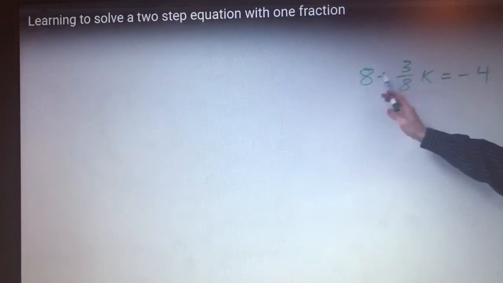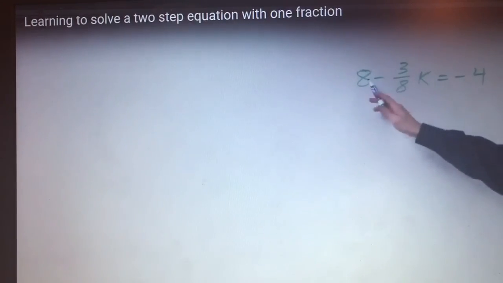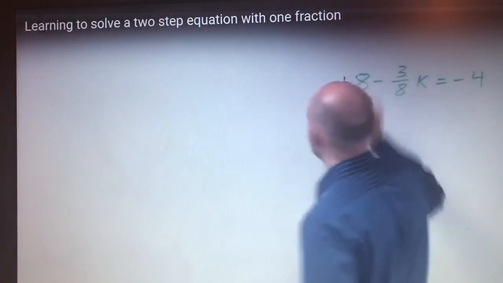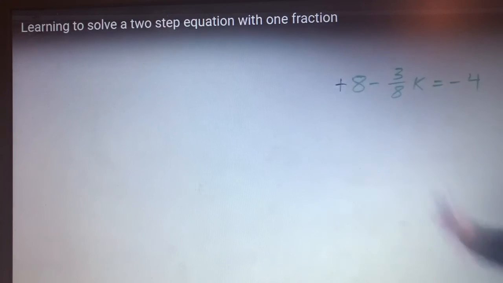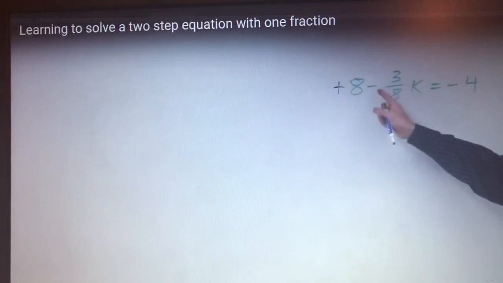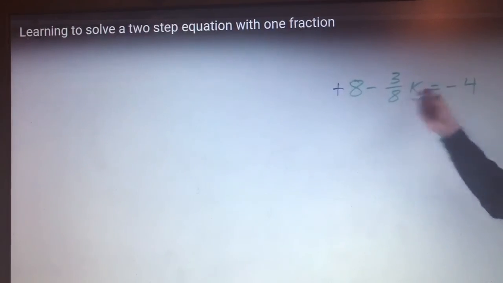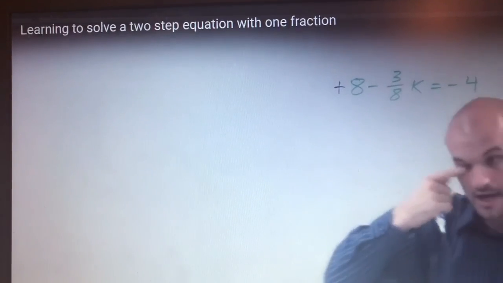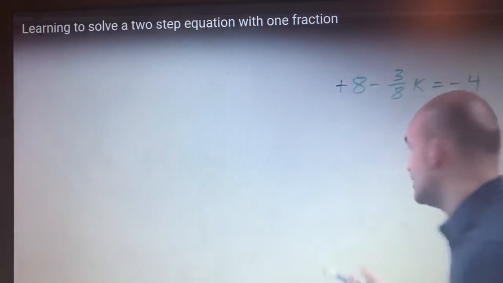Some of you might say, well, the 8, you're subtracting it. Well, no, this 8 is a positive 8, right? That's a positive 8. So the 8 is actually being added to the k, because this is a negative 3/8 that's being multiplied by k. So, to make this a little easier to understand,